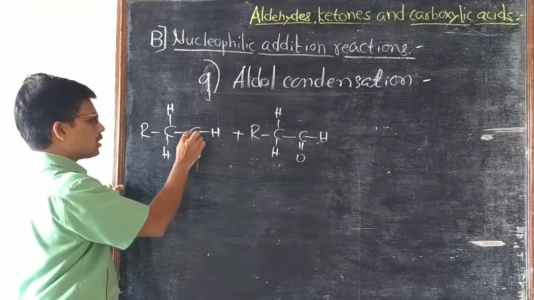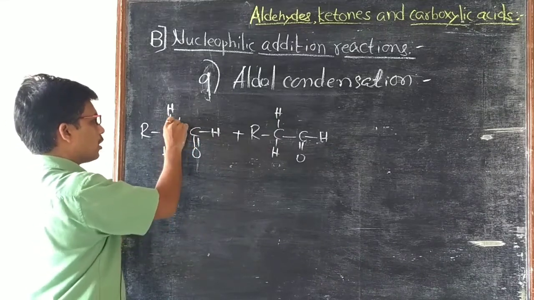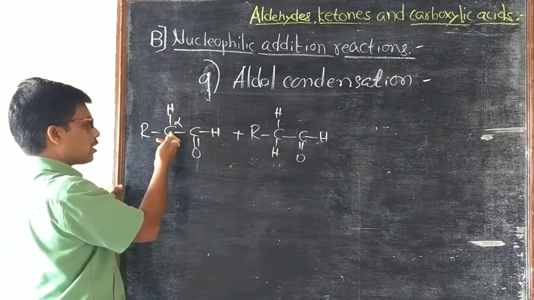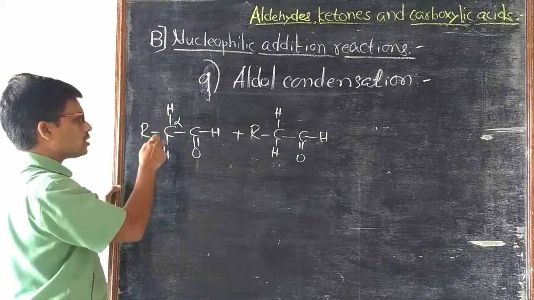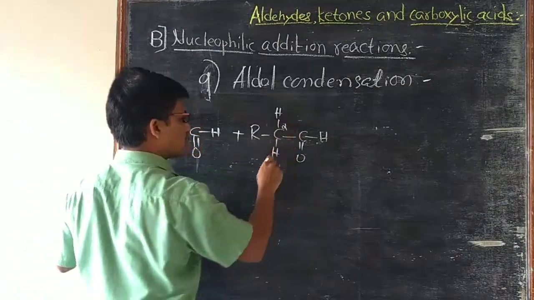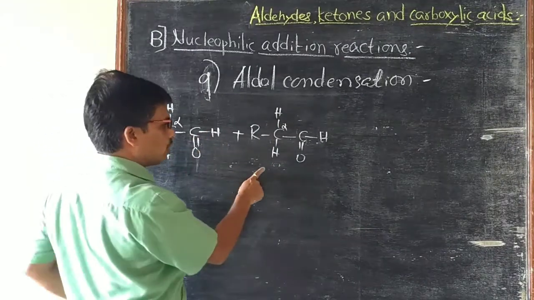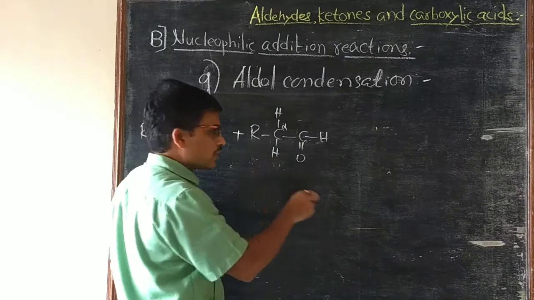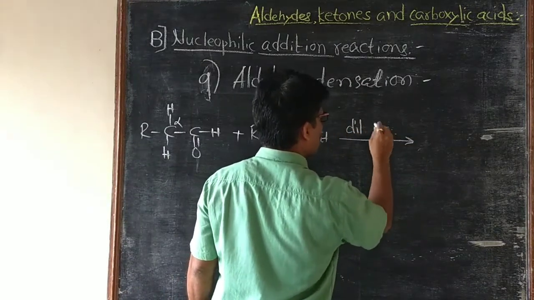Here this is the aldehyde group, and the carbon attached to the aldehyde group is the alpha carbon, that is the carbon next to the aldehyde group, and these hydrogens are alpha hydrogen atoms. Aldehydes containing alpha hydrogen atoms undergo a reaction in presence of dilute alkali like NaOH or KOH